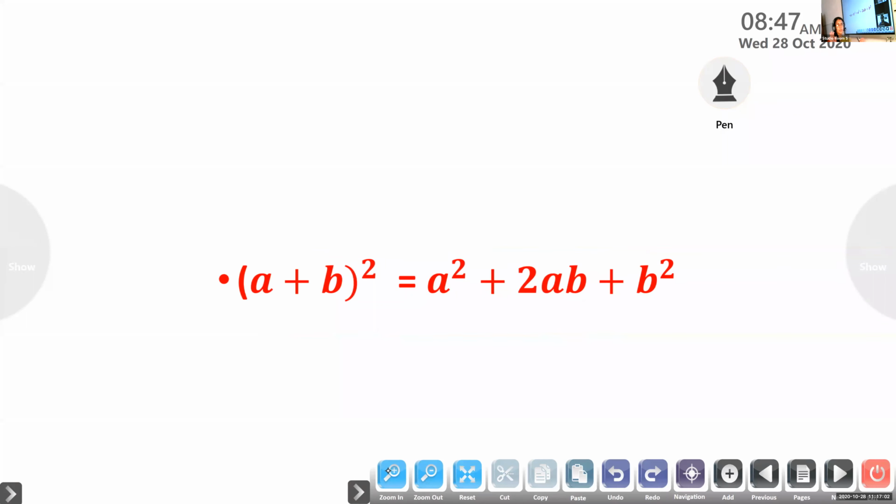Understood all of you what is A plus B the whole square? Yes, ma'am. Don't forget, wherever you are going, whenever you are studying maths, it has many applications. In maths, in physics, everywhere it has applications. So don't forget in your lifetime these standard identities. We have four standard identities. First one is A plus B the whole square equal to A square plus 2AB plus B square.